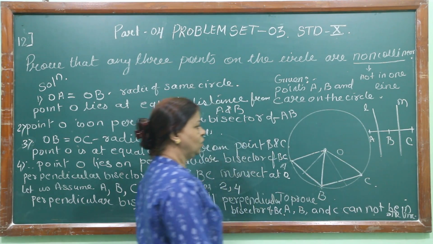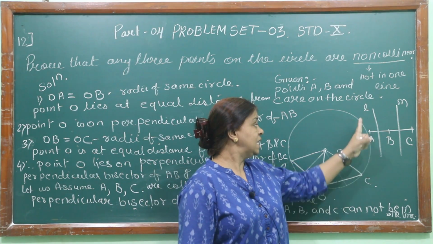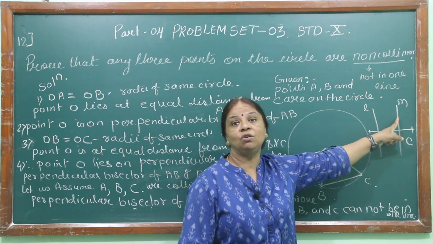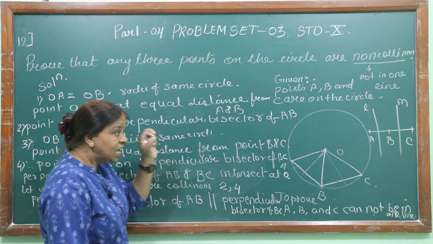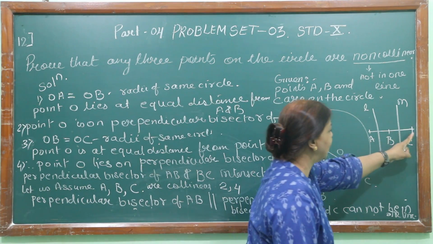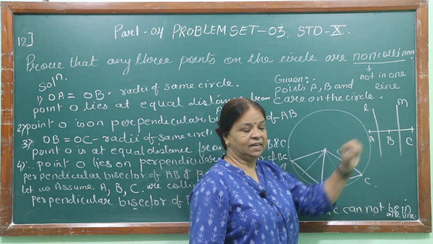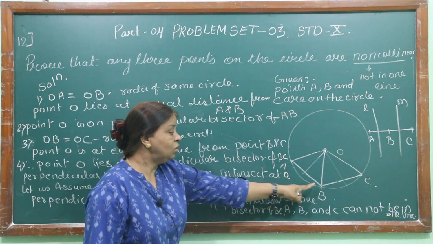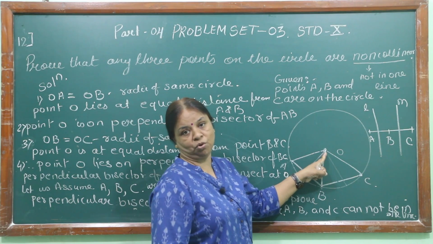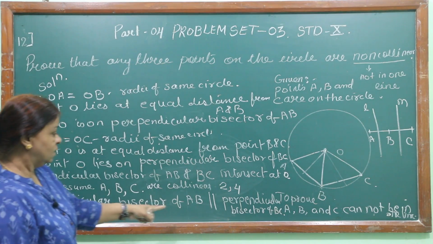And here is the perpendicular bisector. Let me write M. So what we are coming to the conclusion: when the points A, B, C are on one line, the perpendicular bisector of AB, that is line L, is parallel to line M, the perpendicular bisector of BC. If they are lying on one line, these two lines are not meeting. But here, when the points are on the circle and you draw the perpendicular bisectors, they are cutting at one point, and that point is O.